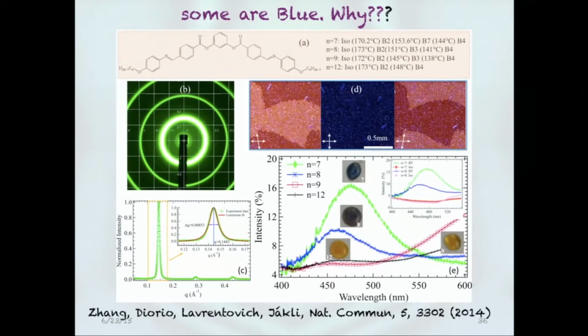What bothered me is that the first time we saw this, some of the materials in the homologues 7 and 8 were beautiful opal blue. The others are transparent, I mean yellowish, but not blue. And it was the same kind of material, just one more carbon at the tail. And we didn't understand what the reason was. We were wondering what this material can be used for, and we couldn't figure out anything else, just jewelry. And actually, I even made some small jewelry for my wife, and it's beautiful, just like opal, and